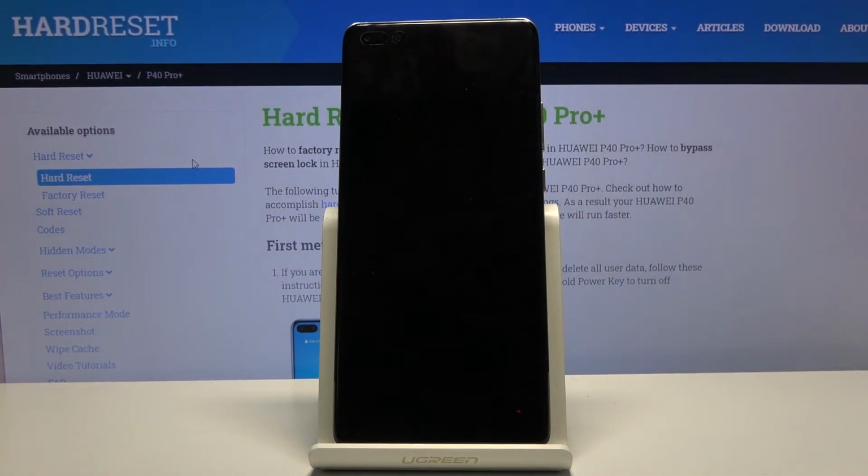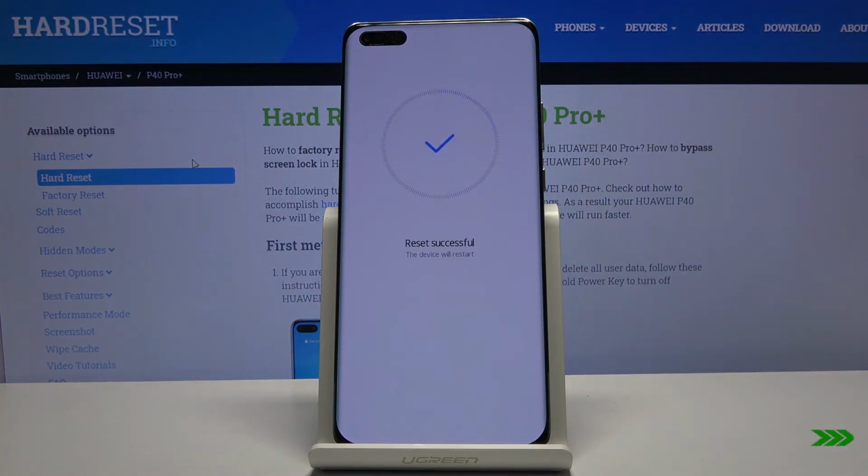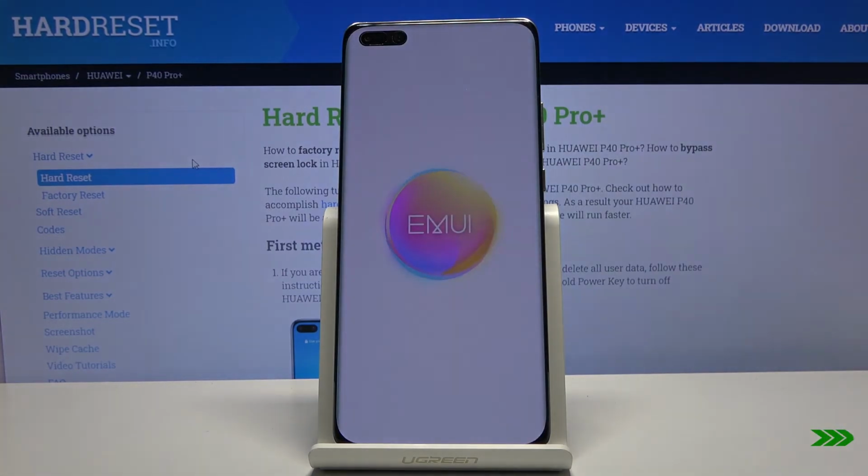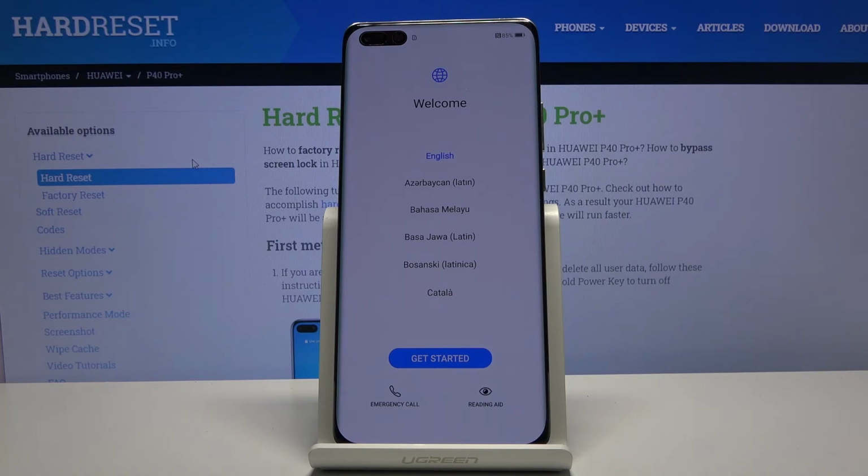Now this will take about a minute or so, and once it's finished we will be greeted with the Android setup screen. So I'll be back once that is visible. And as you can see, now the process is finished, and you can set up your device as however you